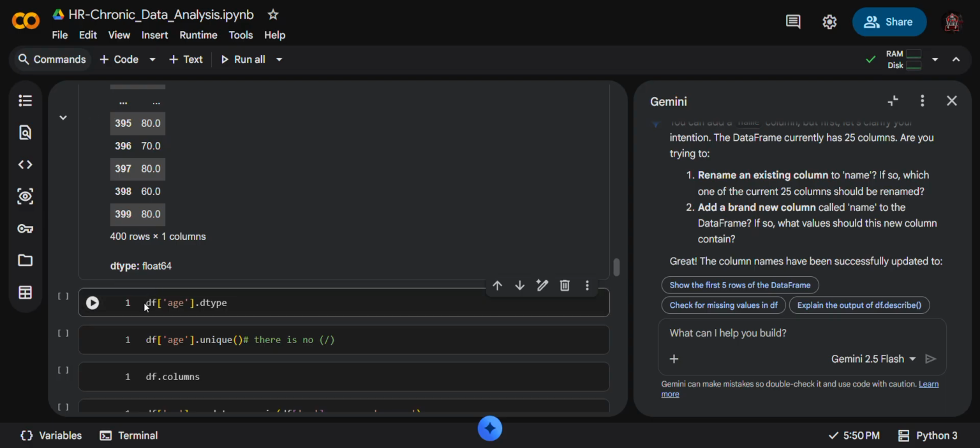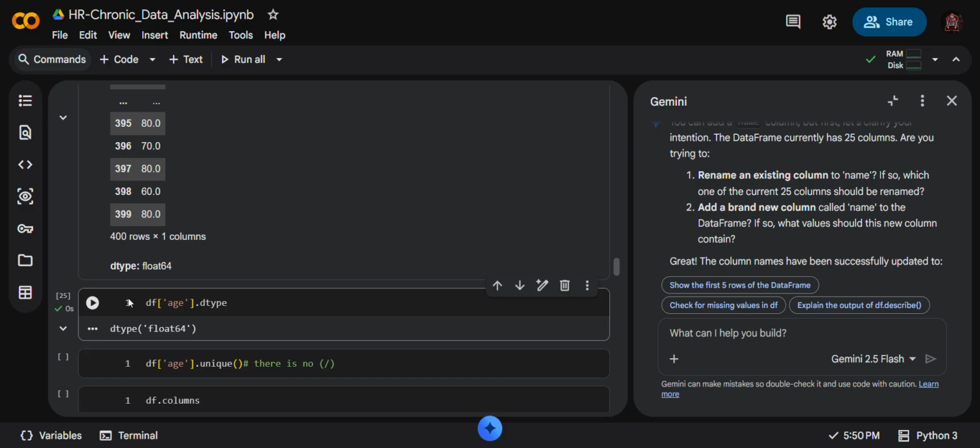And now check the dtype. This command is useful for checking every step.